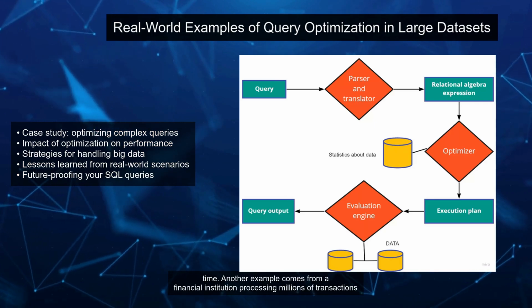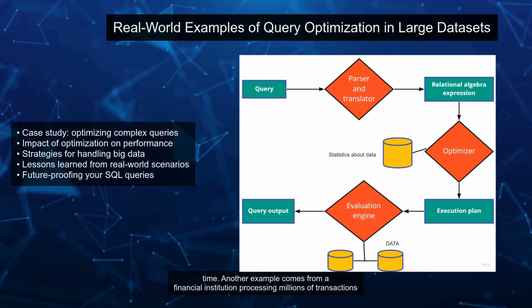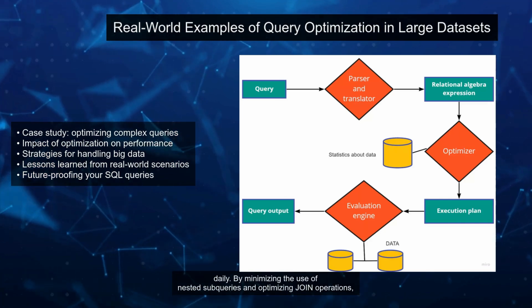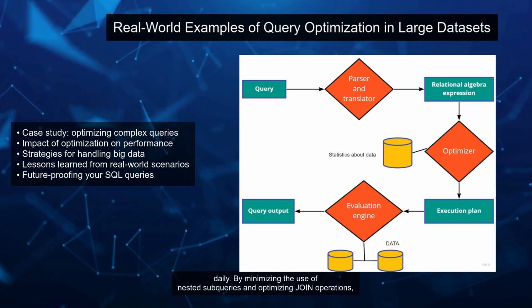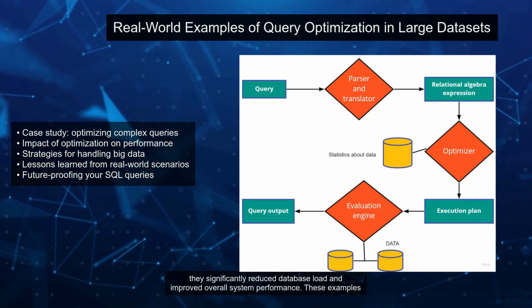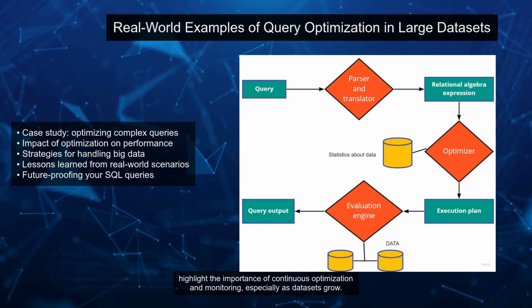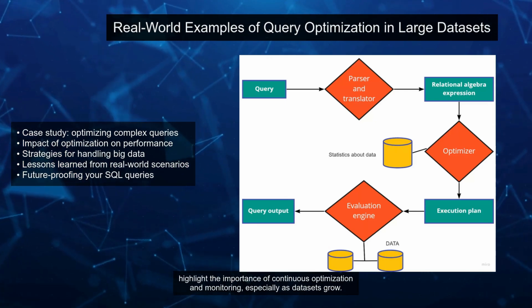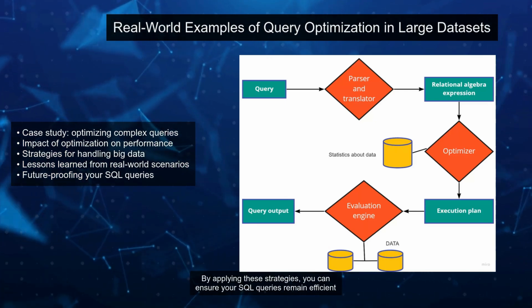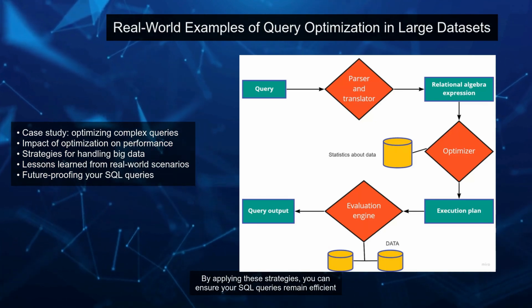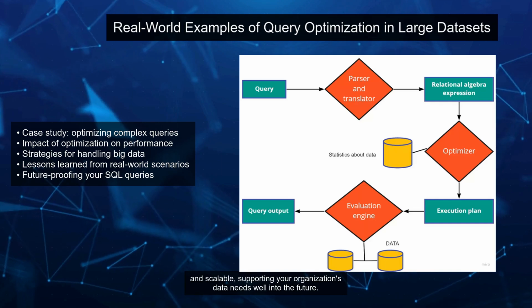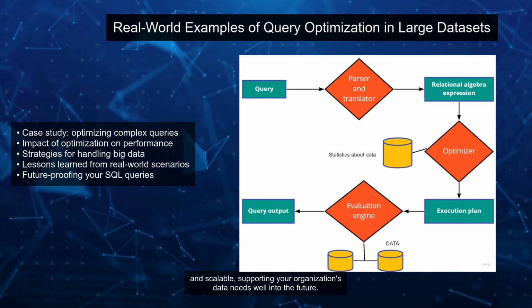Another example comes from a financial institution processing millions of transactions daily. By minimizing the use of nested subqueries and optimizing join operations, they significantly reduced database load and improved overall system performance. These examples highlight the importance of continuous optimization and monitoring, especially as datasets grow. By applying these strategies, you can ensure your SQL queries remain efficient and scalable, supporting your organization's data needs well